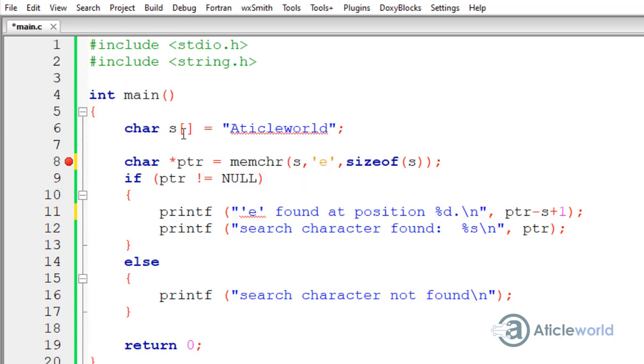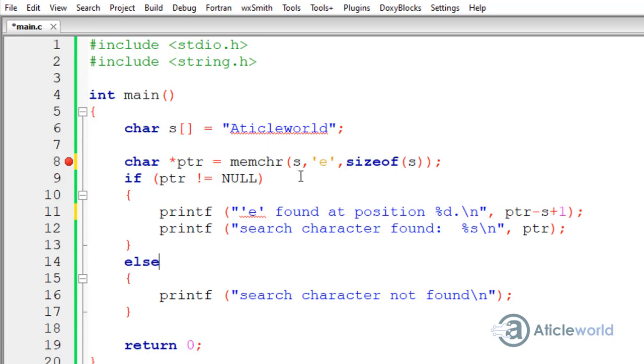Here you can see that I have created a source object S, and this array contains the string "article word", and using the memchr function I want to search character E in the given array S, and here I have passed the size of this array S.